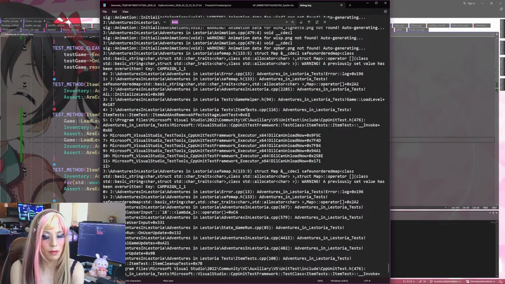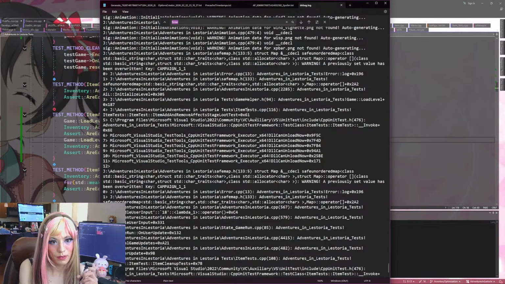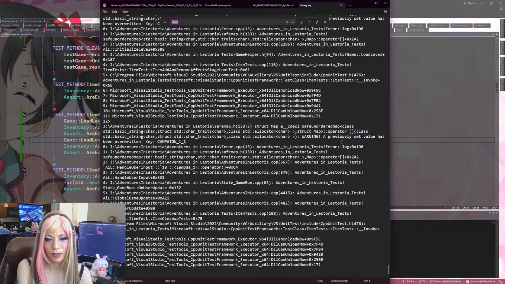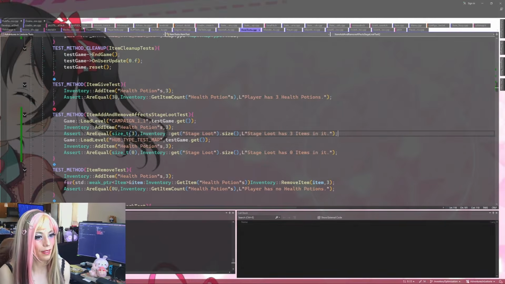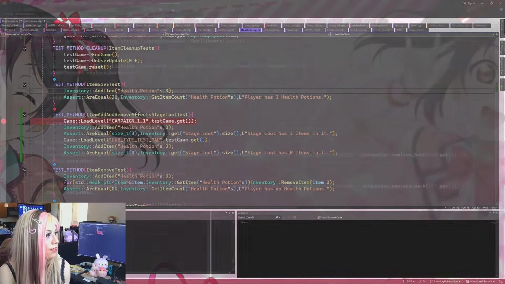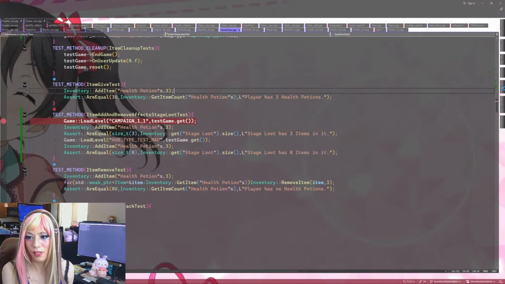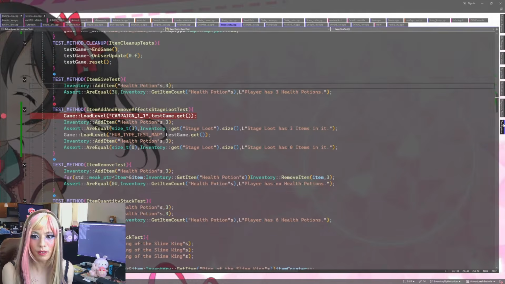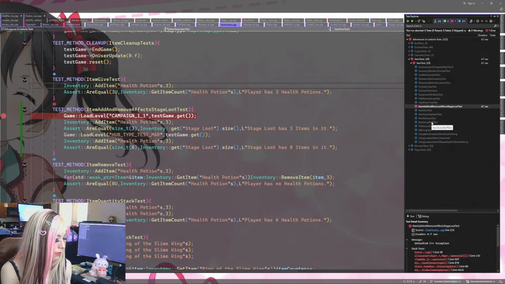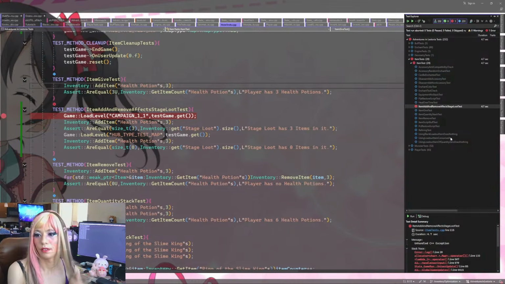Game helper, item tests, because I feel like I shouldn't have to go. I guess we should actually debug this and see what's happening now, because I'm not entirely sure. Let's just breakpoint here. Let's run the unit test again. And we'll just follow it for a little bit. Oh, okay. Okay. Well, actually,